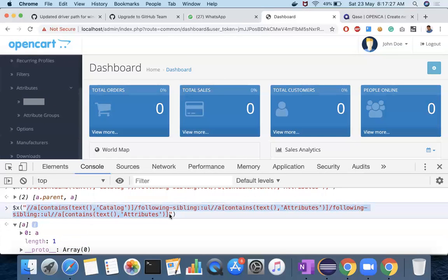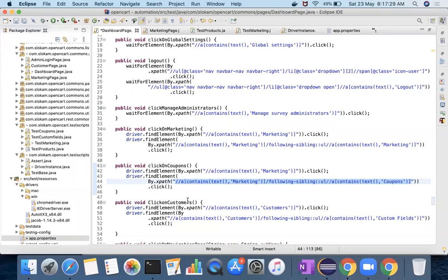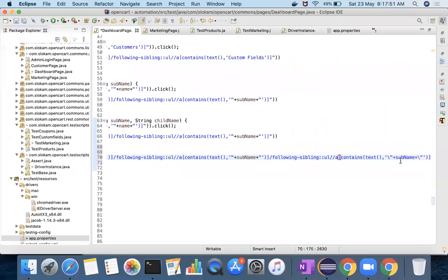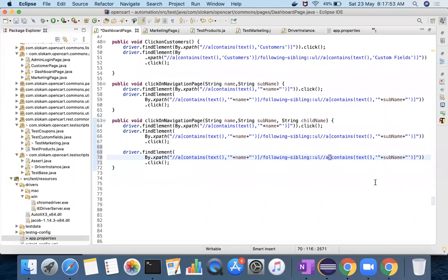Now this is the locator that I have to add for the third one. What happens here is the name is replaced here, and then the subname is replaced here, and the child name should be at the end after this one. So what I need to do is one more following sibling. Just write it down.